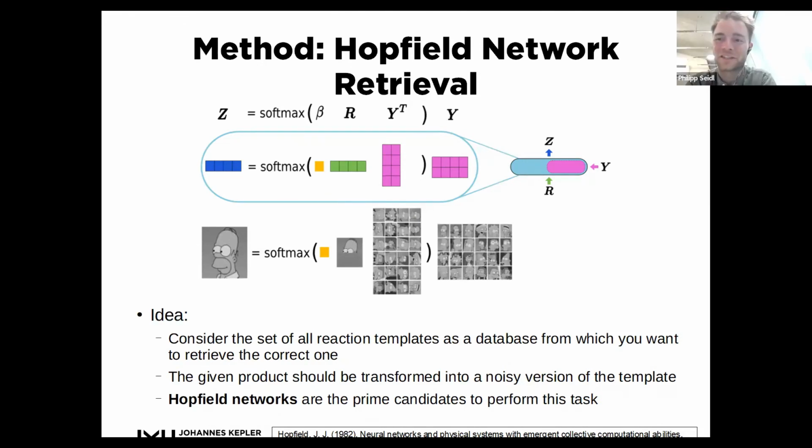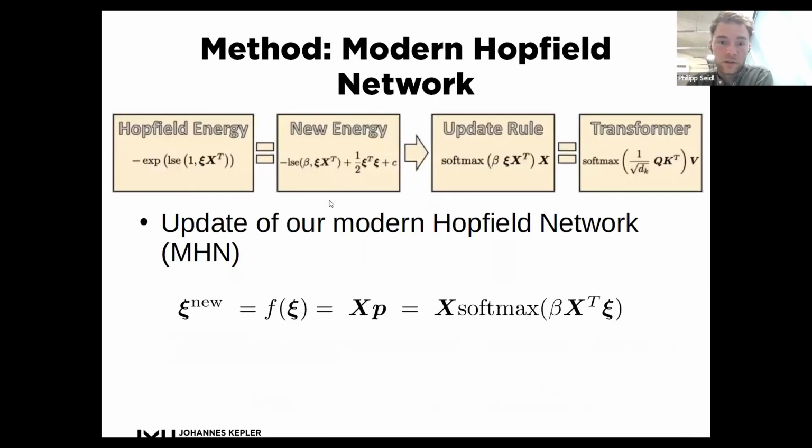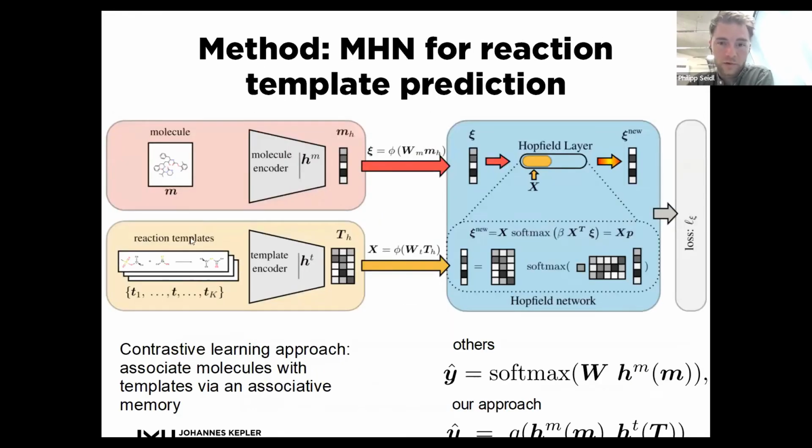That's a very, very good question. So what happens if, for example, there are multiple templates which would be equally viable? This should actually be captured, so this is one of the core assumptions here, that there is some structure within the reaction templates that corresponds to the molecules. So if we have a certain input relationship, then this will translate back, depending on how nonlinear you make this, to the probabilities you will get when inputting